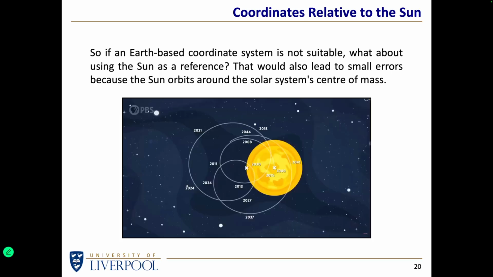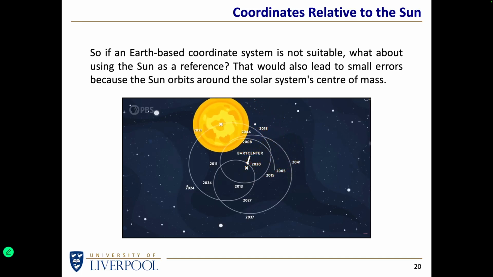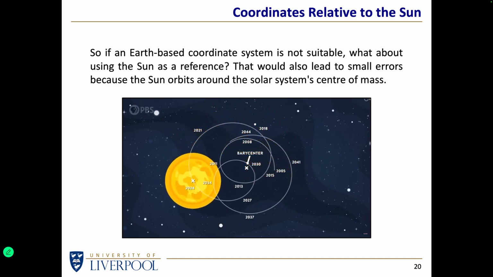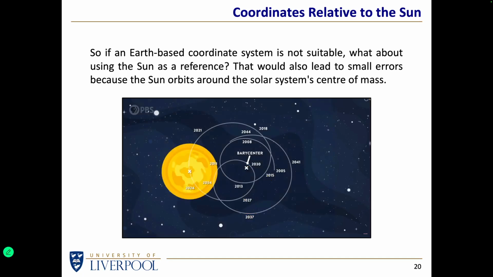of the solar system. If we think of where the Sun is, it actually moves around the centre of mass of the solar system. In this animation, it's slowed down just to show us that in the next few years, the centre of mass, the barycenter of the solar system, actually falls inside the Sun. But if we think of what was going on a few years back, the Sun was quite distinctly to one side of the centre of the solar system. That's because Jupiter and Saturn happened to be on the same side of the solar system and effectively were counterbalancing